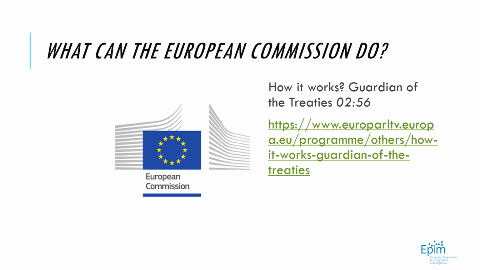Under the EU treaties, it is the European Commission which is tasked with monitoring and enforcing EU law. In this role, the European Commission acts as a so-called guardian of the treaties. In this role, the European Commission cannot hand down judgments or force the competent authorities of Member States to abide by EU law. Instead, when the European Commission considers that a Member State has failed to fulfill its obligations under EU law, it has the power to launch an investigation and, if considered expedient, sue that Member State before the European Court of Justice. The Court will then decide whether that Member State has infringed EU law and issue a judgment accordingly.